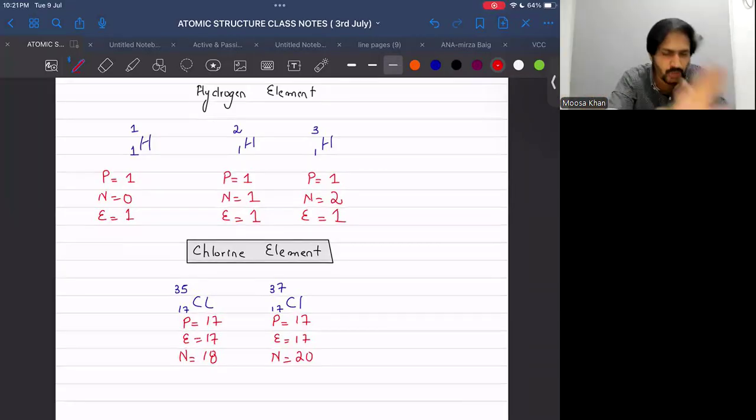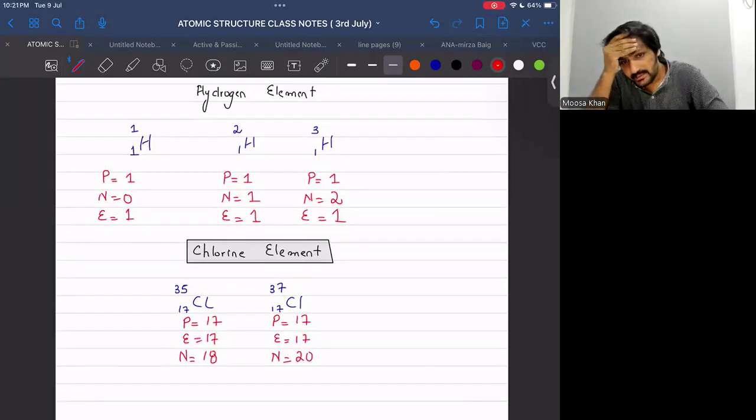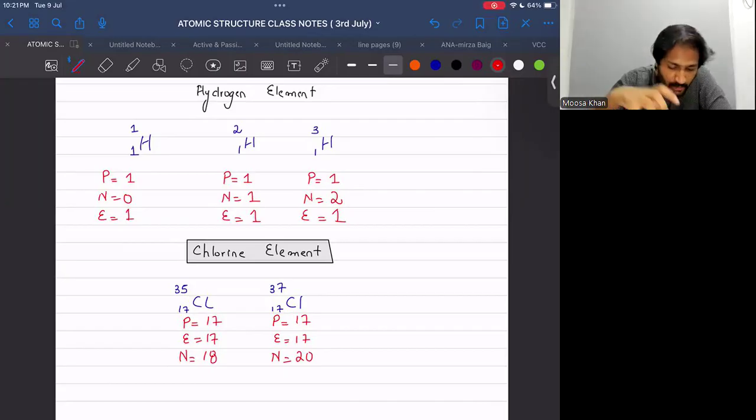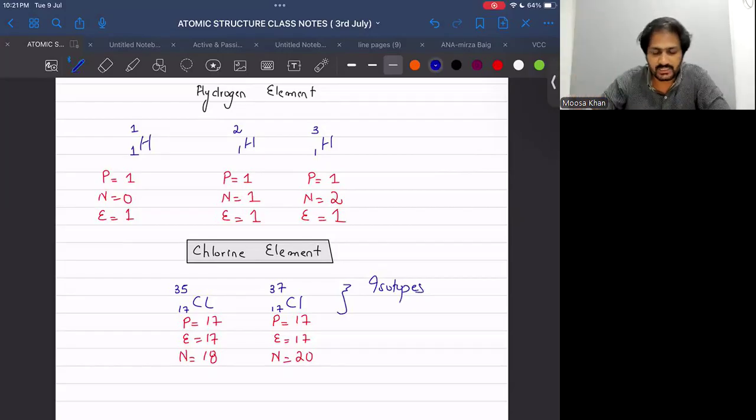आपने बोलना तो दोनों को क्लोरीन एलिमेंट का ही एटम है, but as they have different number of neutrons, तो फिर सर पकड़ लिया साइंटिस्ट ने कि अब इनको डिफरेंशिएट कैसे करें। तो इन ऑर्डर टू डिफरेंशिएट दैट इन्होंने कह दिया कि दीज टू एटम्स आर द आइसोटोप्स ऑफ क्लोरीन एलिमेंट। एक नई टर्मिनोलॉजी इंट्रोड्यूस करा दी, दीज आर नोन एज आइसोटोप्स ऑफ क्लोरीन एलिमेंट।